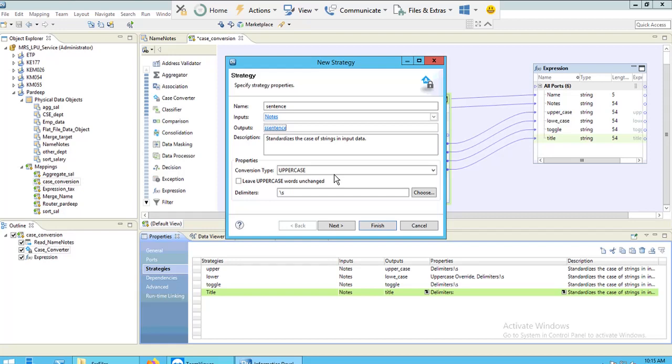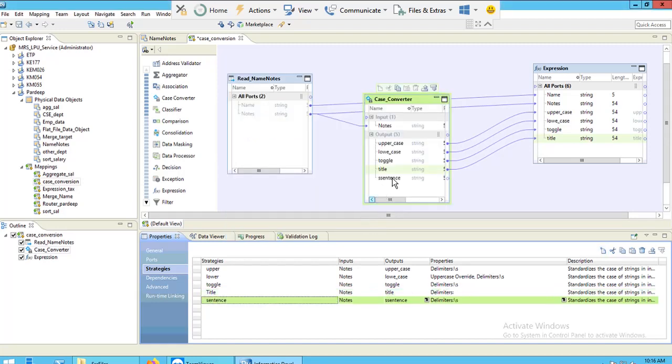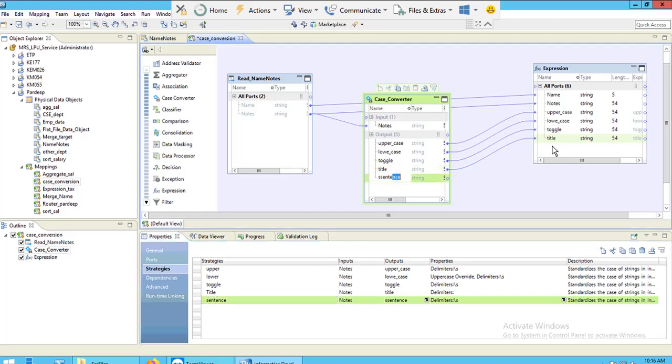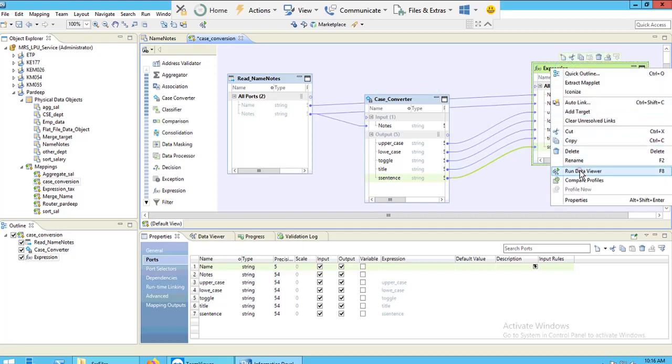Then your conversion type will be sentence case, and my delimiter will be space. Next, finish. Now you can see your sentence here. Connect this sentence with the expression transformation. Then select your expression transformation and click on run data view.